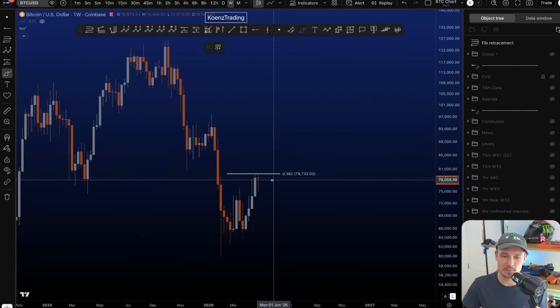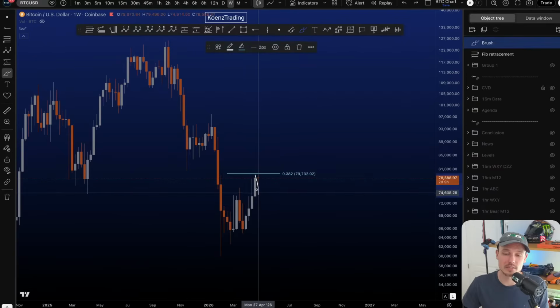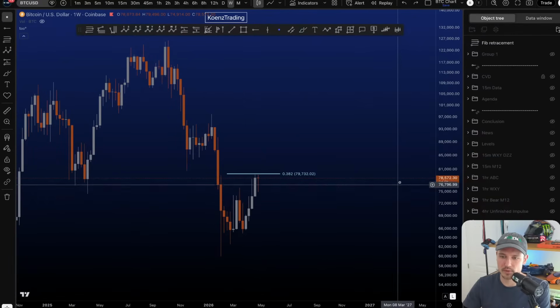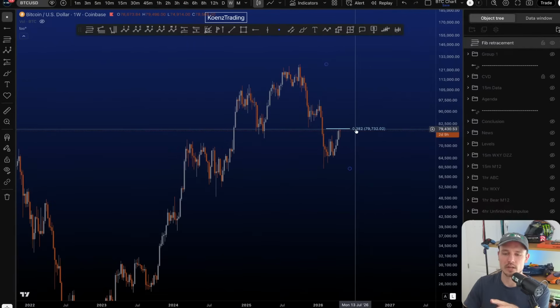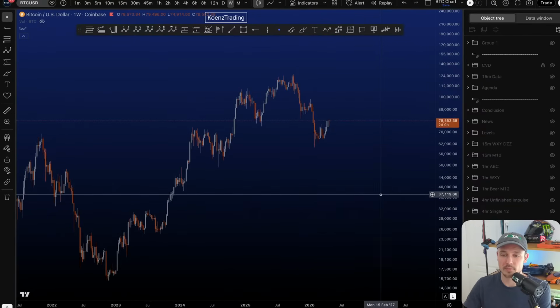Locally at the moment on the lower time frames, the probabilities are highest that the move down is corrective, as explained in my video yesterday. If price is going to make another high after yesterday, so after midnight, it's going to be problematic for the bears, and we would expect price to move towards the upside. Yeah, here we are, 78.5K. Again, locally I would like to see the 0.382 touched, and on the weekly, preferably